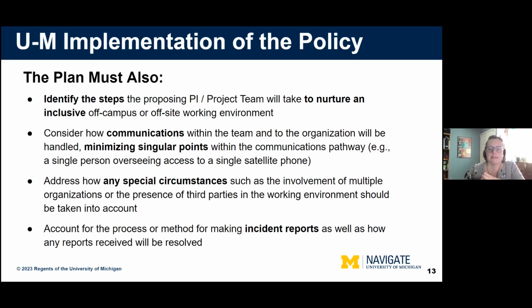So for the bio and geo plans, looking at some of the solicitations that they had for examples, really is that description of the field site and unique challenges, steps that you'll take to nurture the inclusive environment, the communication process, again, minimizing singular points of contact, and mechanisms for reporting and responding to and resolving issues of harassment if they arise. So the BioGeo is a little bit different. That 2-page is much more condensed, and so that's a little bit different. And again, something to think about as we go forward, if NSF moves beyond or expands the pilot.